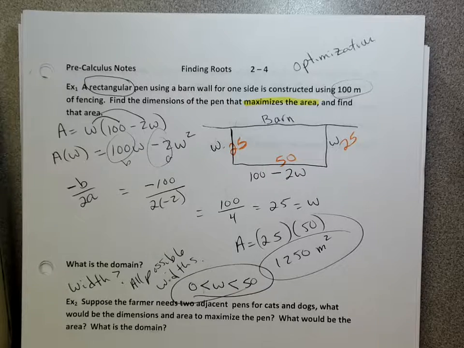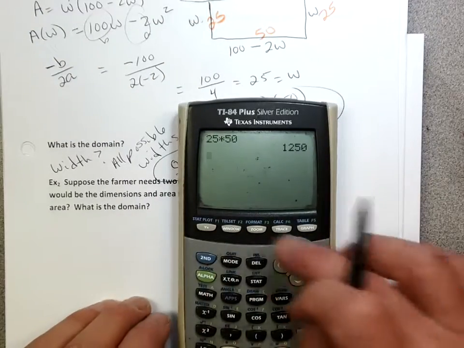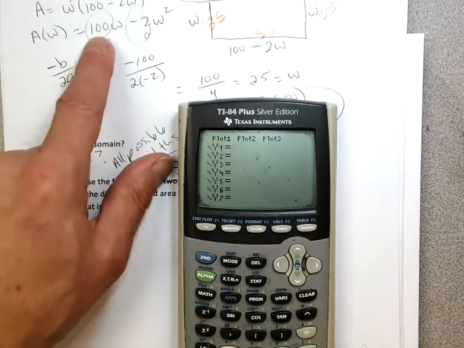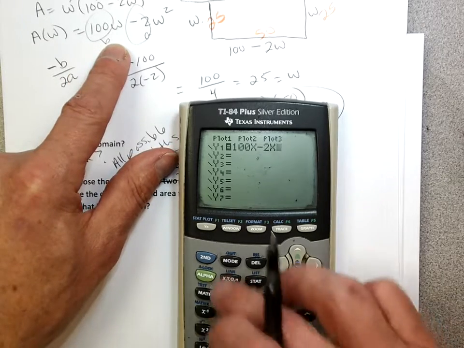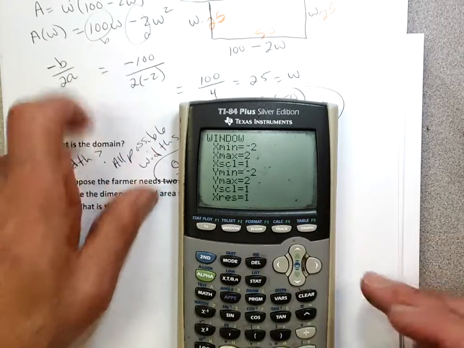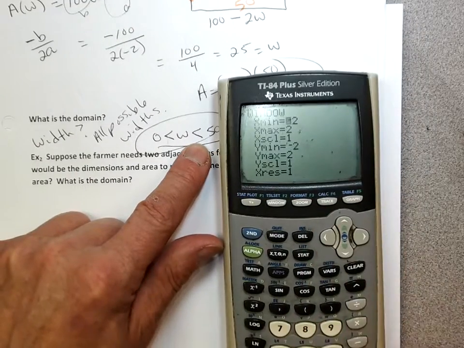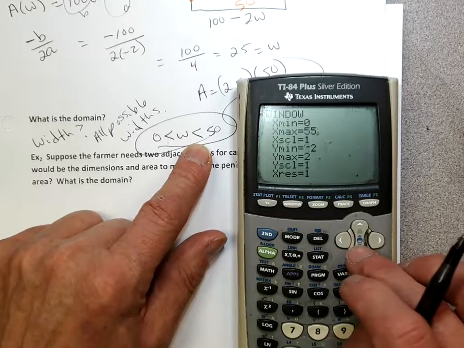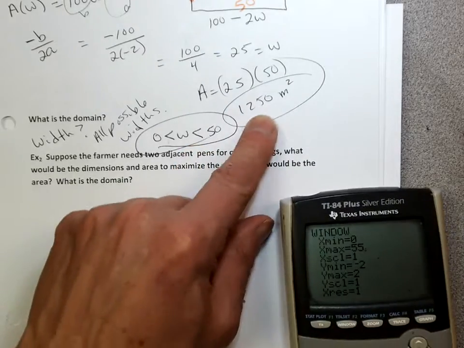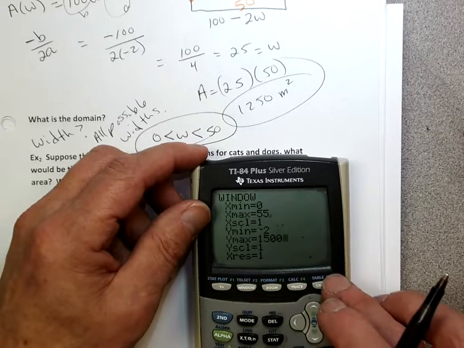Okay. Now, if you graph this thing, I'll show you. Y equals clear, and I'll enter 100x minus 2x squared, and for the window, I'm going to take a little hint from my domain. I'm going to go from 0 to 50, right? I'll go a little bit bigger so you can see it. And my maximum, I know my very biggest is 1,250, so let's go 1,500. And if I graph this,